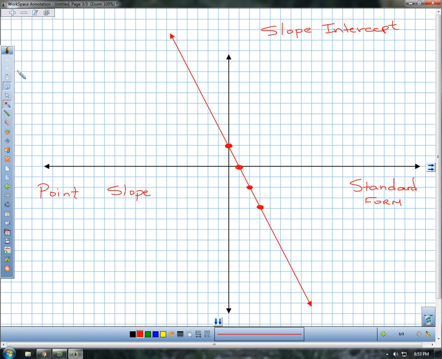So here's our graph. The first thing I want to do is identify some important points that we've talked about: slope, y-intercept, and the 0 or x-intercept. Okay? So what is our slope? Let's look at this. To go from this point to this point, I go down 1, 2, change in y, and I went over to the right 1, so I've got change in y over change in x, which is